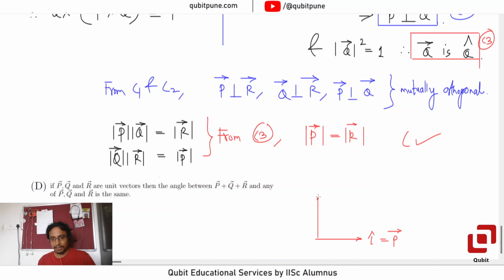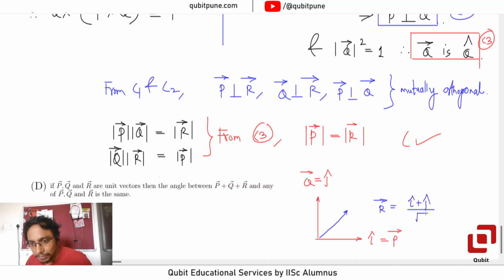Suppose Q bar is J cap. And let us suppose R bar is I cap plus J cap upon root 2. Note that all three of them are unit. Magnitude of R bar is also 1. Now when I add P bar, Q bar and R bar, I am bound to get a vector